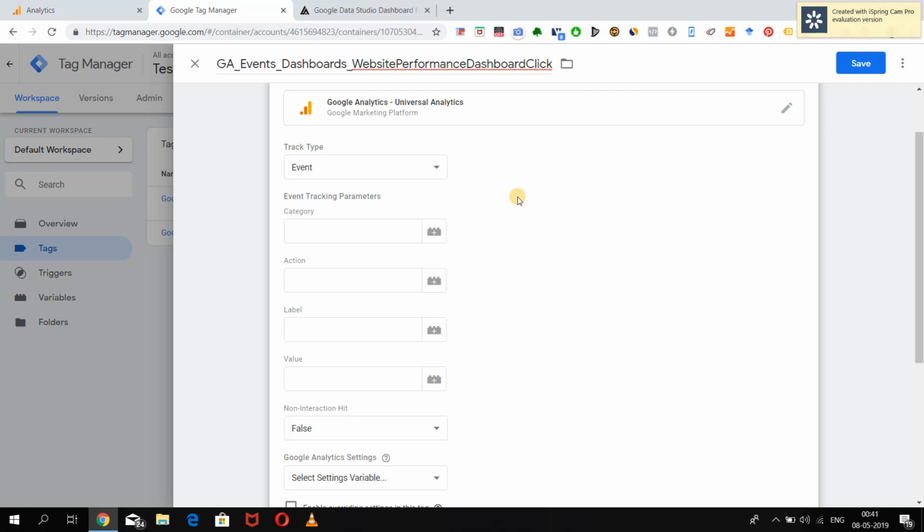So I can capture all these dashboards under one category, and I can name it as dashboard downloads category, and give each of these templates a name in the event action. So over here we will name the event action as website performance dashboard download,